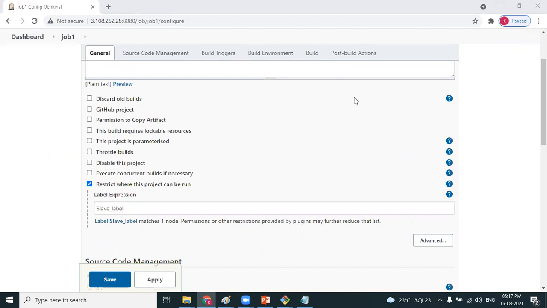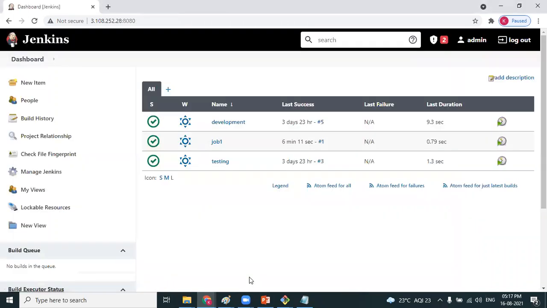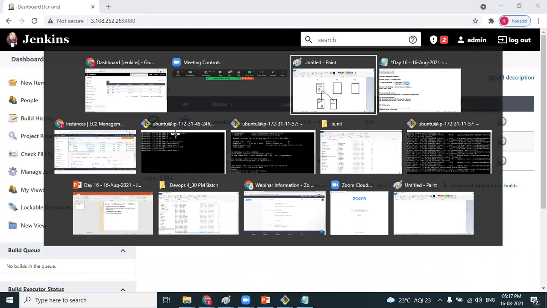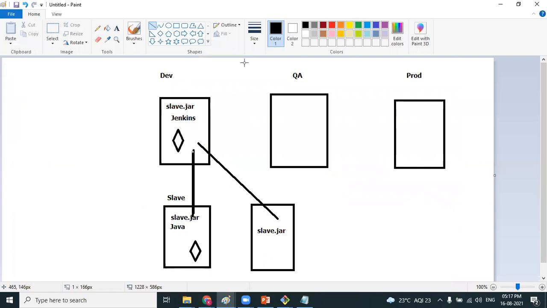Clear? In which scenario may it go down? When there are more number of jobs, every job will consume the hardware configuration of the dev instance. When all the jobs are consuming the same hardware, it will go down because of the limited hardware configuration. That's the reason in such cases we go for a slave machine and establish passwordless master slave configuration in Jenkins.